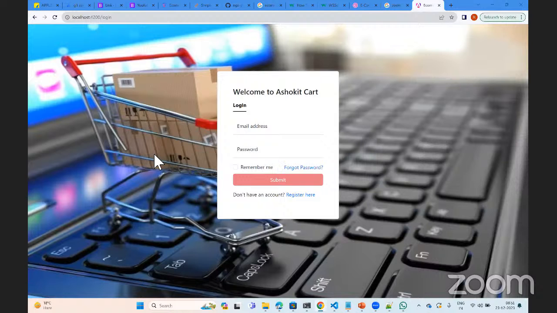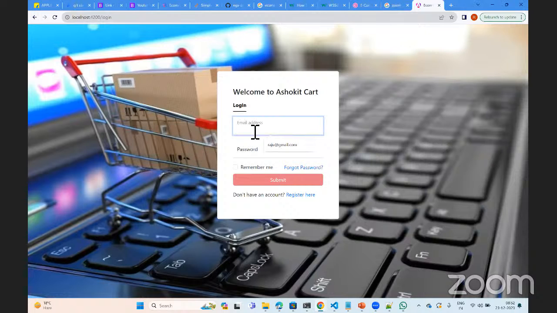You are able to see the demo application that we are going to learn side by side with the course, day by day. If you know the concepts of Angular, we'll start working on this e-commerce website, so by the end you can create such applications. See here, the login page is there.